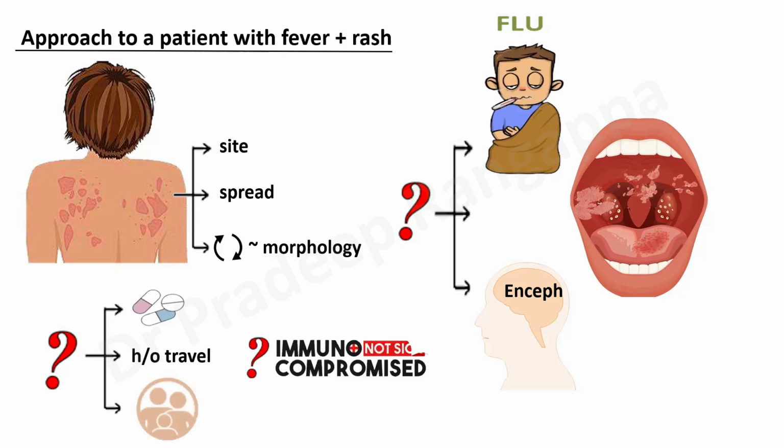And also, it is important to find out whether they are immunocompromised, whether they've had any arthritis or SLE or any diagnosed condition in the background for which they may be taking azathioprine, steroids, and so on and so forth. So always good to ask this. So this is some of the historical basics that one needs to address when you're dealing with